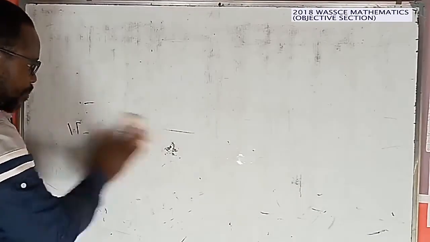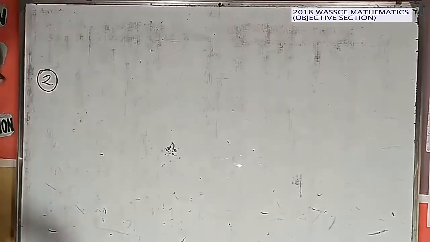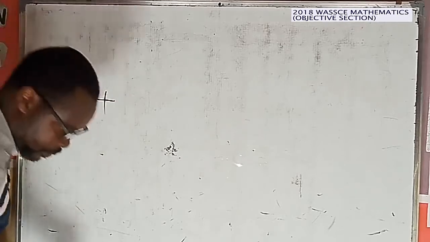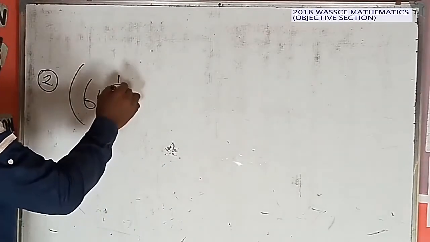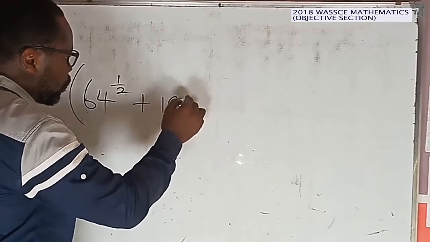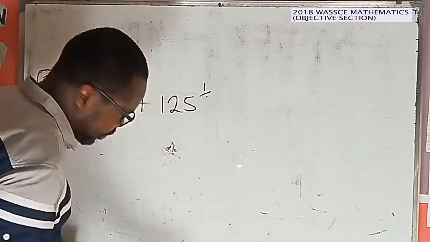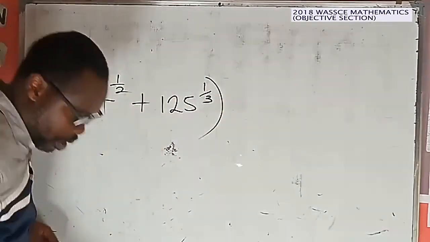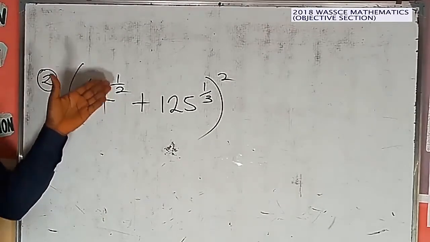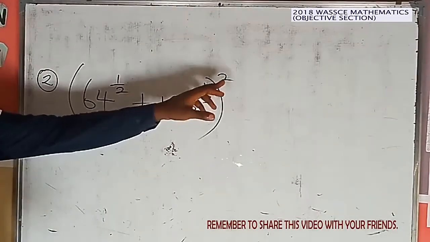2018 WASSCE Mathematics question objective part. Question number 2 says we should evaluate 64 raised to power 1 over 2 plus 125 raised to power 1 over 3, all raised to power 2. Evaluate 64 raised to power 1 over 2 plus 125 raised to power 1 over 3, all raised to power